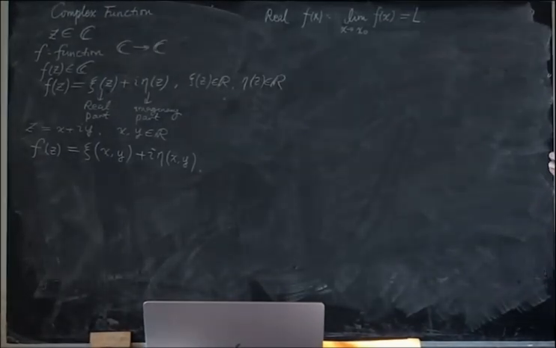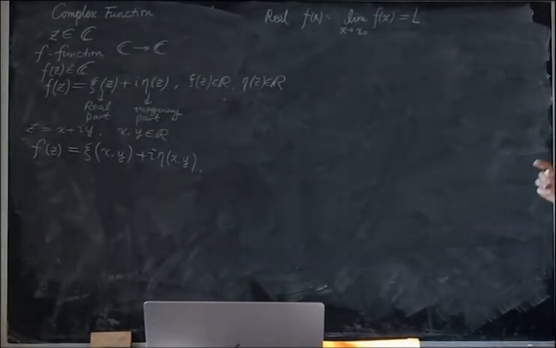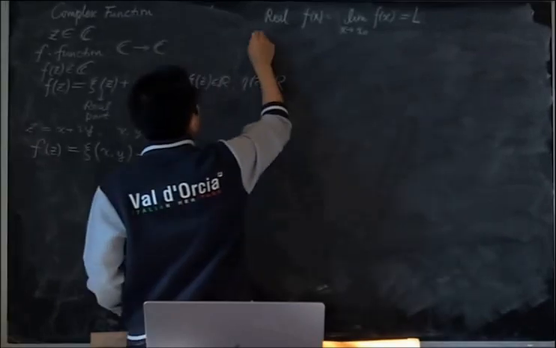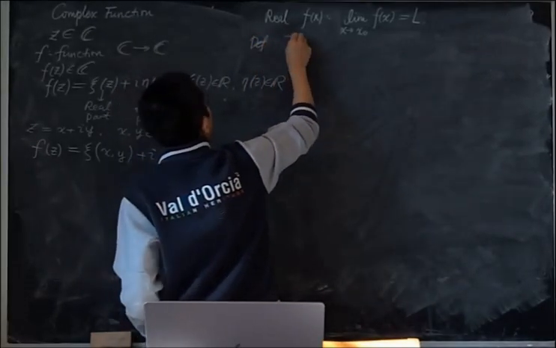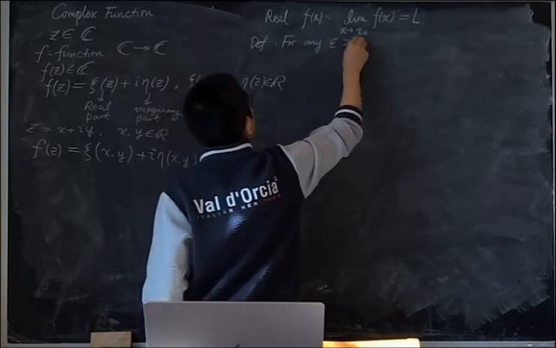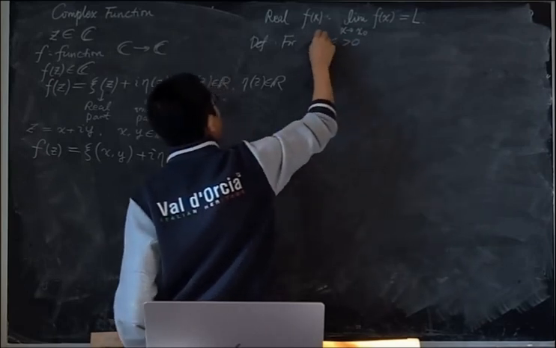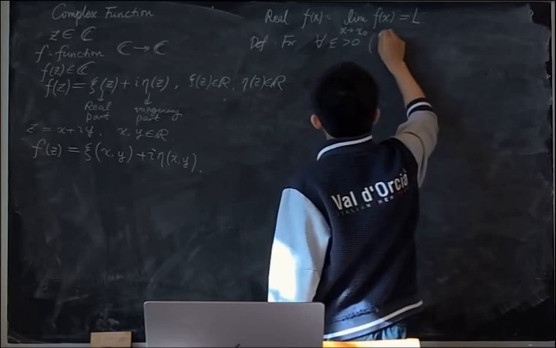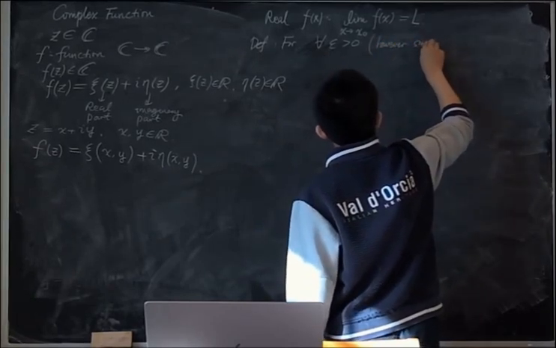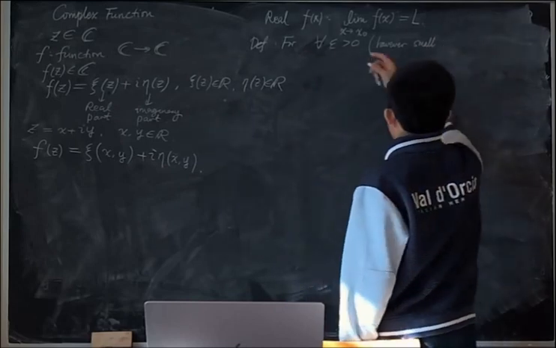The definition follows the famous epsilon-delta definition, which goes as: for any epsilon greater than 0, however small it is, this number could be very small, but it has to be positive,